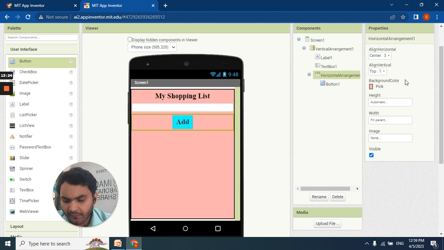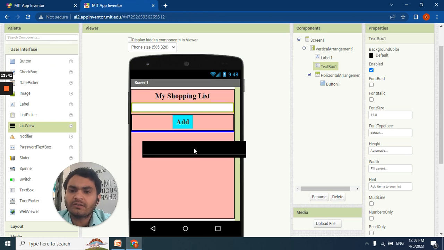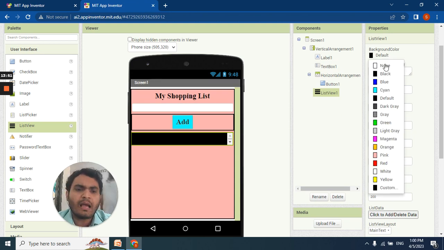Okay. Then, as soon as we start writing our item list here in the text box, we need a space so that all the items can be added here, right? So for that, we need to choose now list view, and here we need to choose the background color for our list view. I am doing the same.